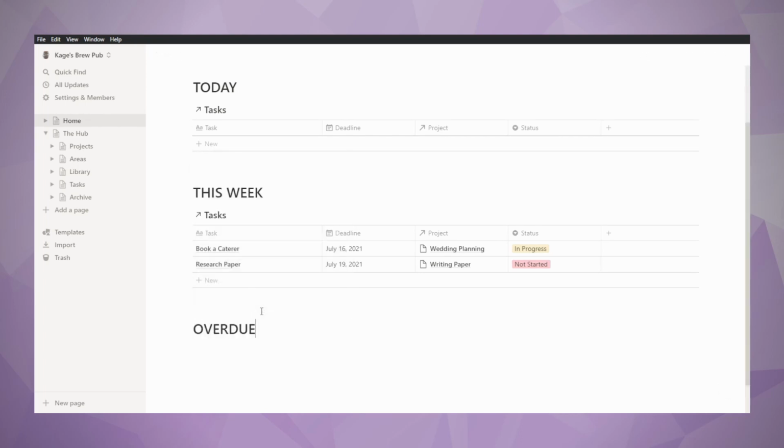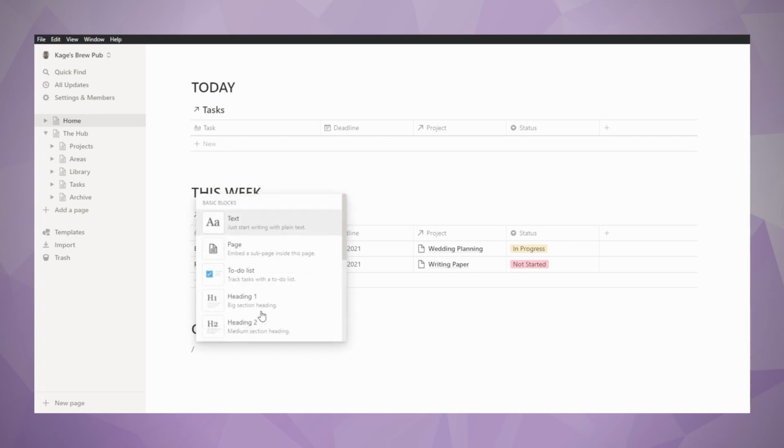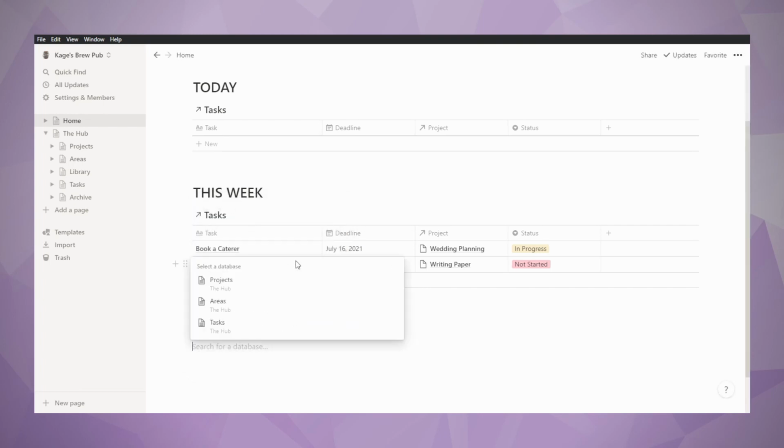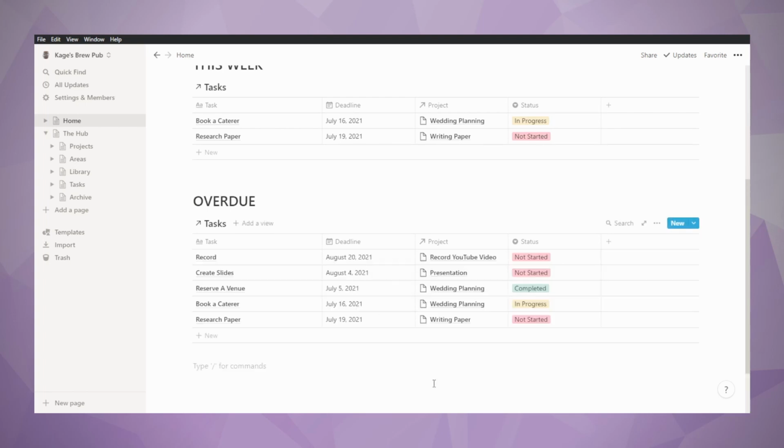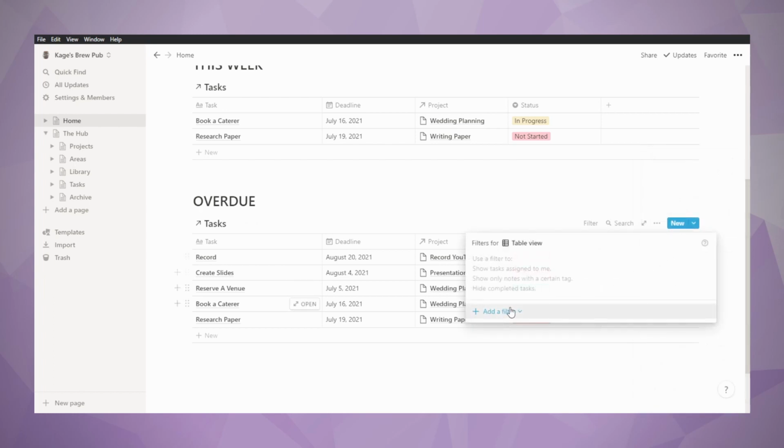we're going to do our overdue. This is going to be another linked database. Going back to our tasks again. All right, so we're going to create another filter for this so that it shows us any task that is overdue from today and is incomplete. So we're going to go ahead and go to filter,